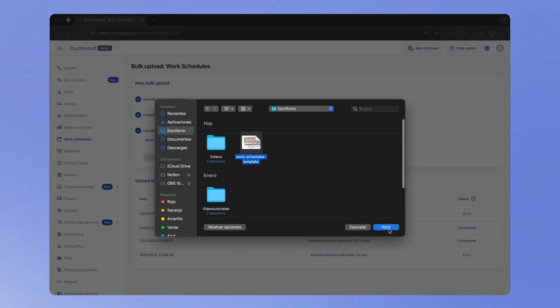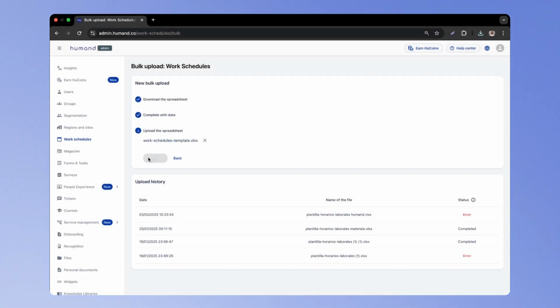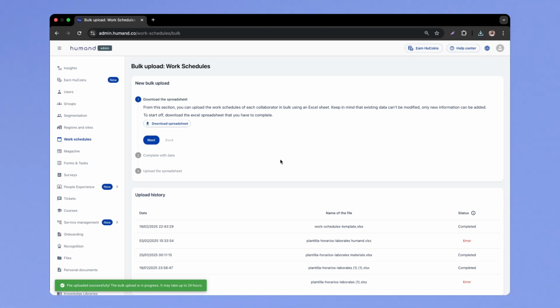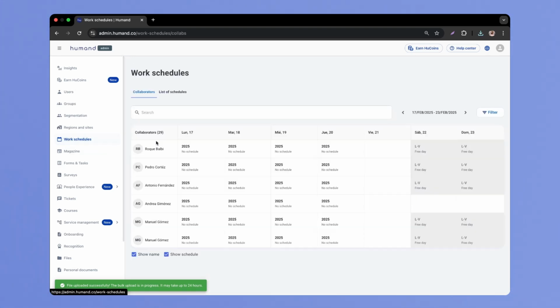Once the schedules have been created, we can assign collaborators to them. From the List of Schedules tab, by clicking on the three dots and then on Assign,